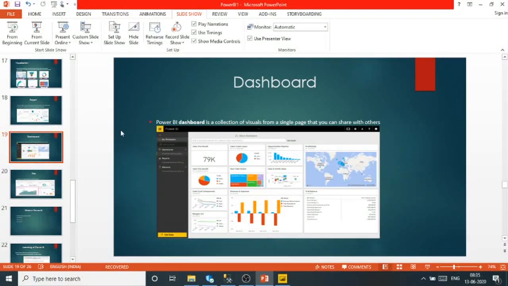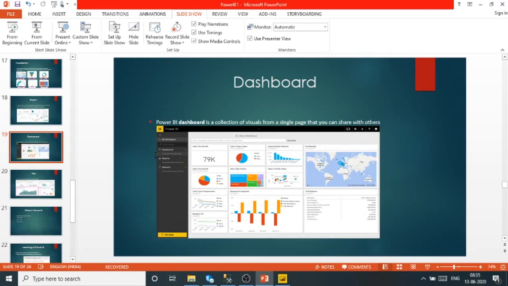So dashboard, a Power BI dashboard is a collection of visuals from a single page that you can share with others. There is one major difference between report and dashboard. Both are similar, but a few things are different, because reports can be created only on Power BI desktop, and you cannot create your dashboard in Power BI desktop.